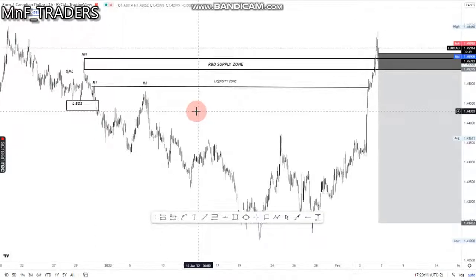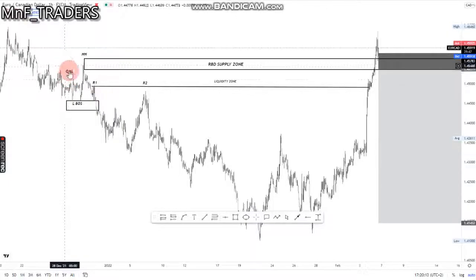So this is what we had here. Just like the other one, this was a high, low, higher high. Thereafter we had the lower low right here, giving us resistance, and